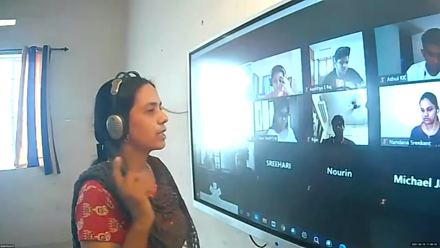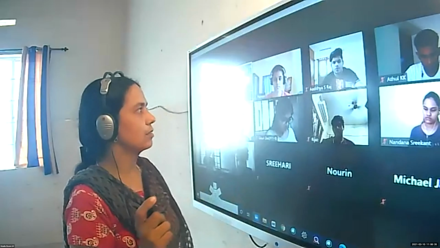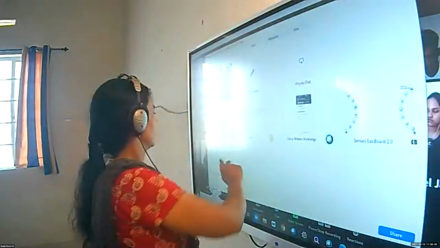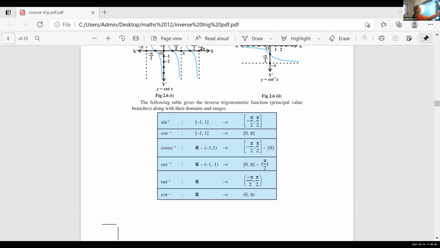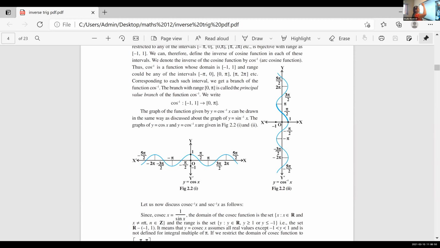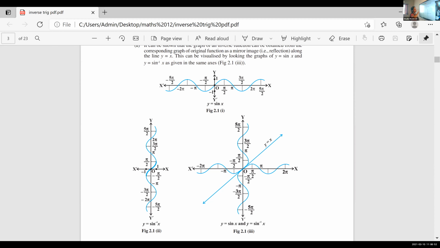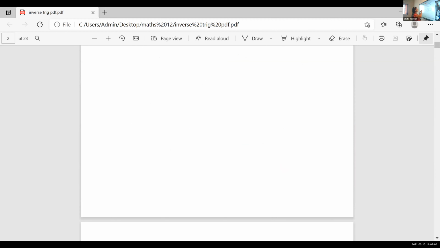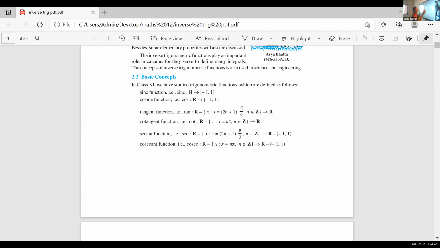You have the textbook, so take your textbook and underline all those things. In the last class, what you have learned, just go through it. We learned how to draw the graph. According to the syllabus 2021-22, graphs and all are deleted, but you should go through it. You should know this one. We need graphs in integrations. That's what I'm giving you, just an idea about the graph.